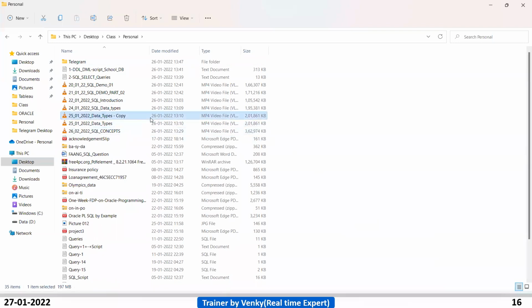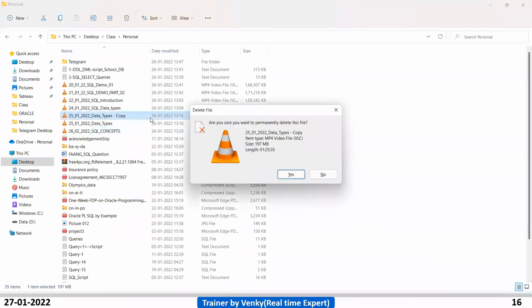See, I am doing shift with delete. What does it ask? Are you sure you want to permanently delete this file? Why is it popping up now? Previously, when I deleted without shift, it was not showing this pop-up, right? Why is it showing the pop-up now, guys?